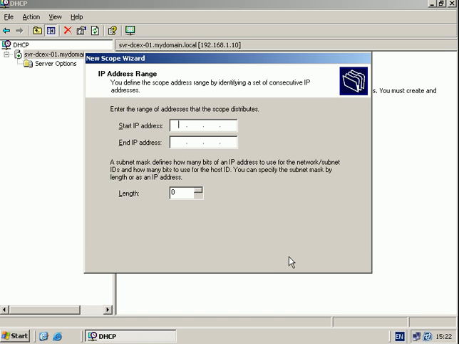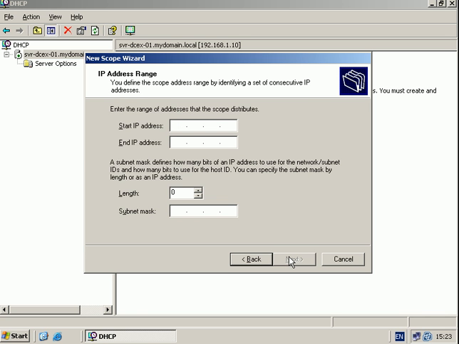select next, and this is where we enter a range of IP addresses that we want to give out, excluding your server's IP address. So we go to the next one on from our server's IP address, and I'm going to select 20. So I'm only going to give out 9 IP addresses. Select next,